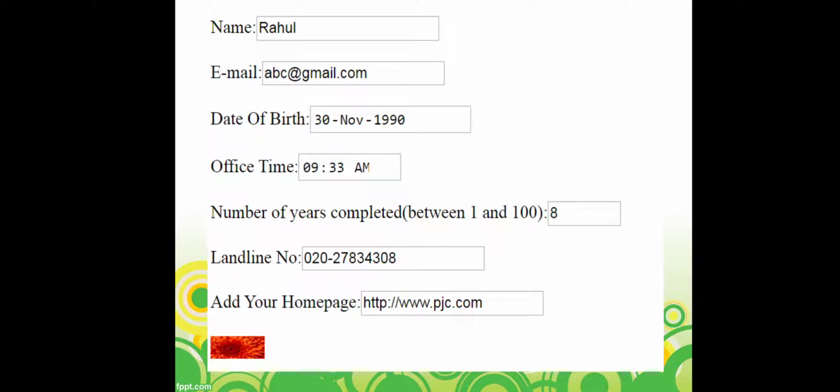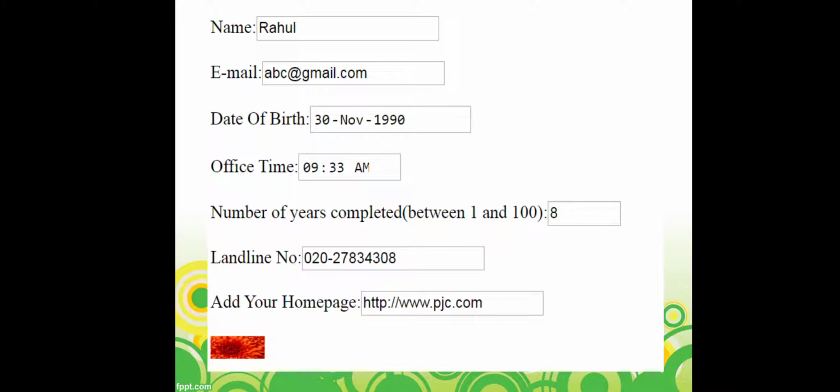Then third is date of birth. Then next is office time, which is expecting a time in this text box. Then later number of years completed. Now here maximum students have made mistake. I'll tell what mistake you have done.